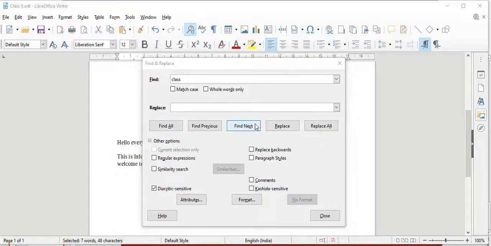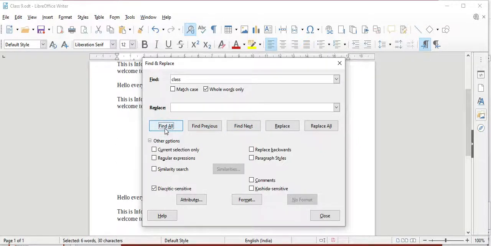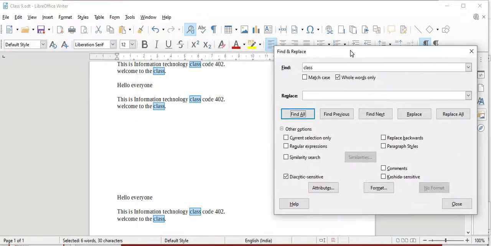Here you can do the settings. If you want whole words only, click on that. Find All. When you click on Find, you will see how many matches there are.